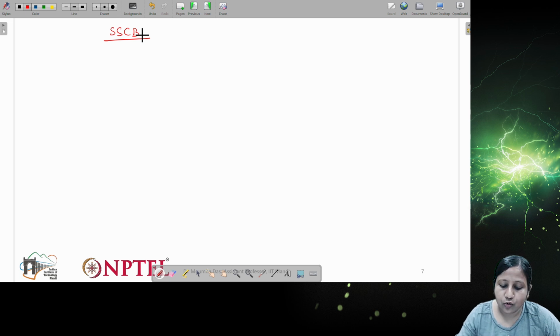Now I told you this solid state circuit breaker is a kind of universal solution where we don't need device information in advance. So this kind of protection can be applied for any application, for any devices. We don't need any additional information about the devices or the circuit or device type. It will not change with respect to device type.